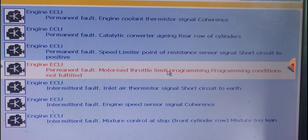Two are generic scan tools. One is the PP2000. Then the second one is also a professional scan tool, but it's not the PP2000. What's it called? That Delphi 150E or something like that. But out of these four,